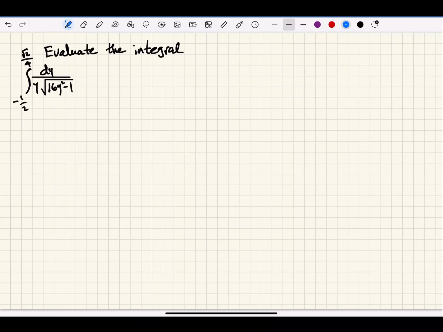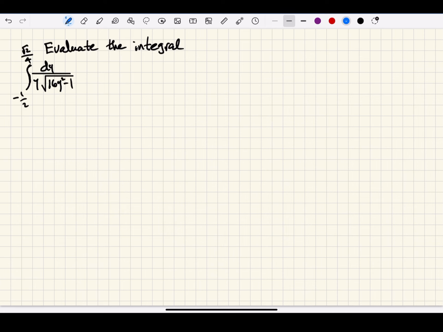Evaluate the integral from minus 1/2 up to the square root of 2 over 4 of dy divided by y square root of 16y squared minus 1. So when I look at this, the first thing that I think is that I will probably have to do some sort of substitution. So I think what I'll do is I will let u be the square root of